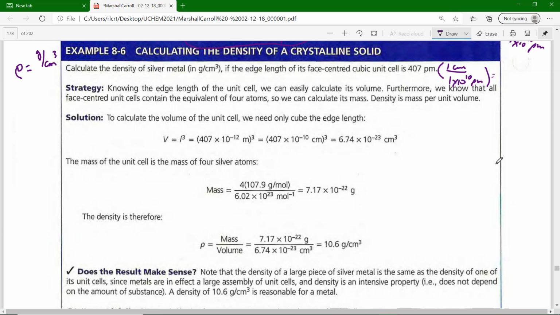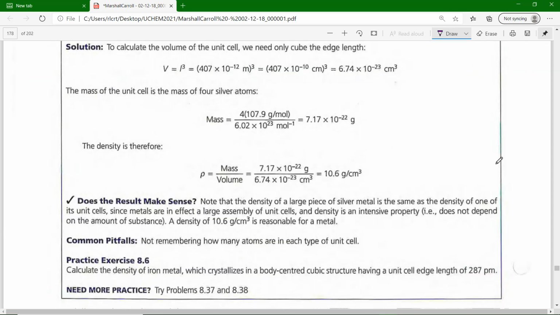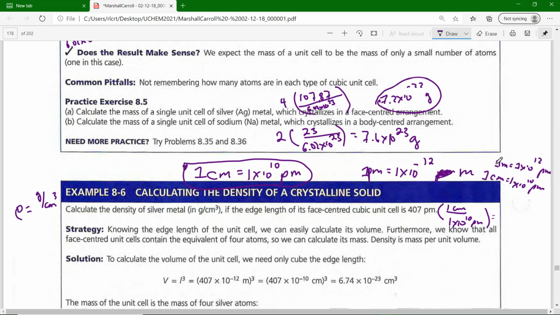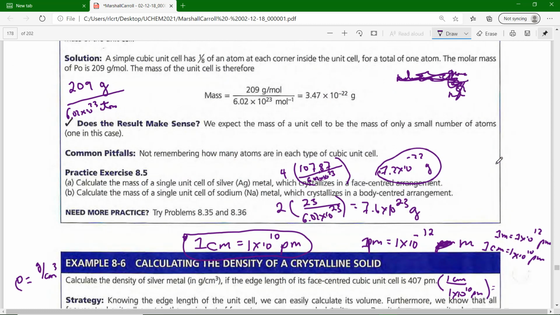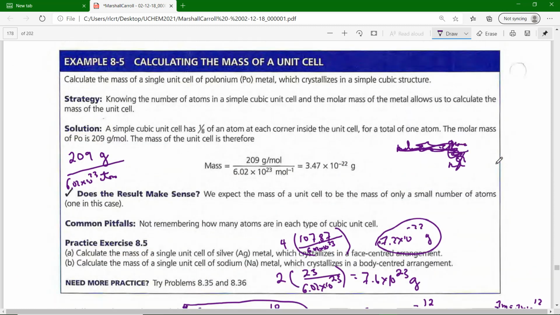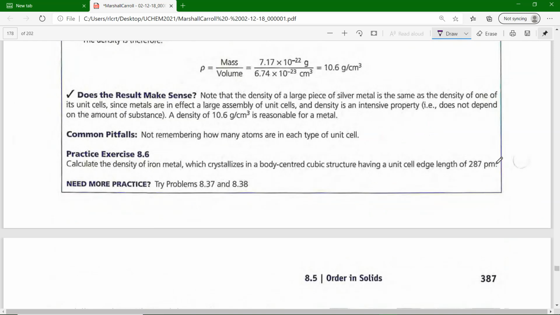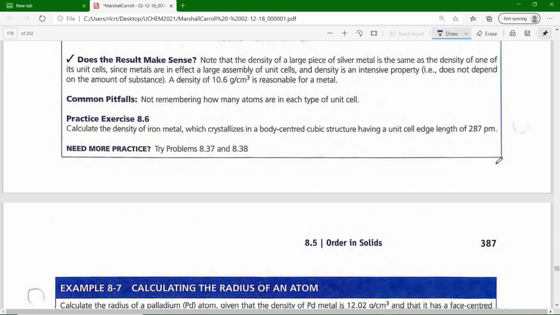So let's try the practice exercise. Iron metal, which we got before the maths, right? We did that. Sometimes these practice exercises and examples work with each other. And I'm looking here and I say, no, we didn't do iron, we did sodium. Okay, so that's fine. Calculate the density of iron metal, which crystallizes in a body-centered cubic structure having unit edge length of 287 picometers. Okay, so I'm going to get the length